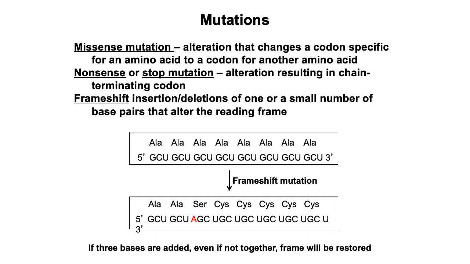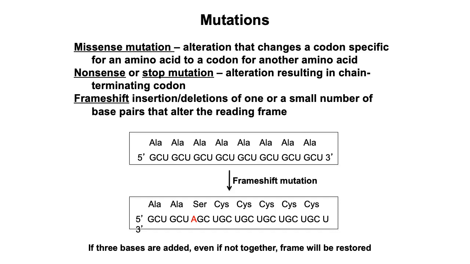The region immediately where the changes occur is going to be different, but everything outside of it will be the same. But if you only add or remove 1 or 2 bases, or multiples of 3 plus 1 or 2, or minus 1 or 2, then you are going to mess up everything from there to the end of the